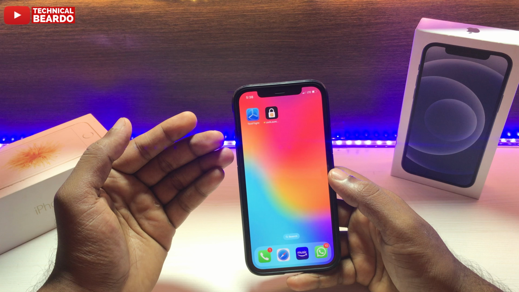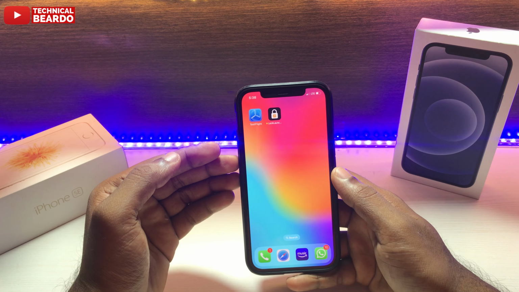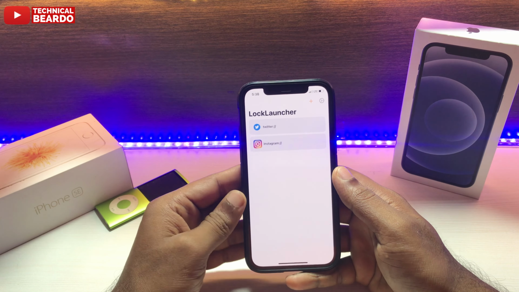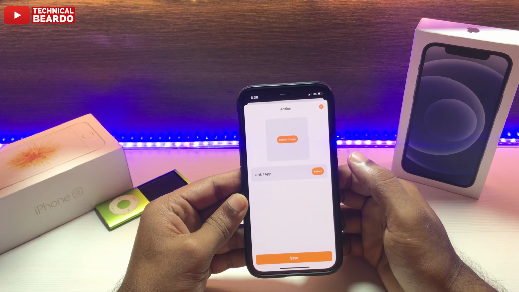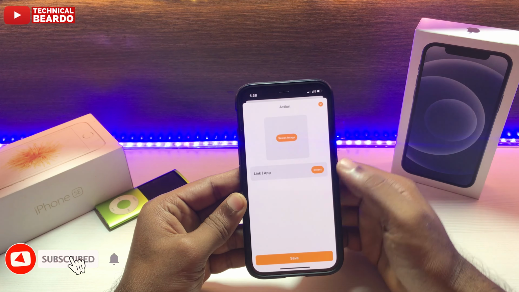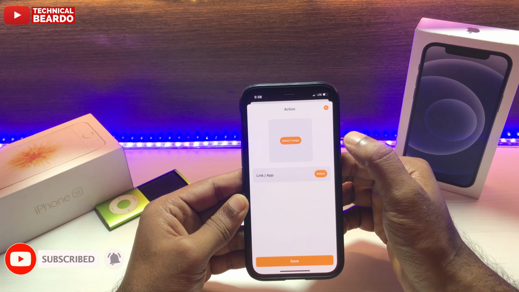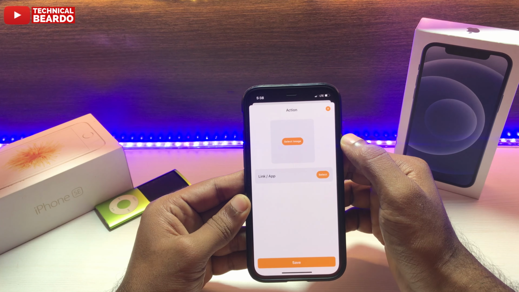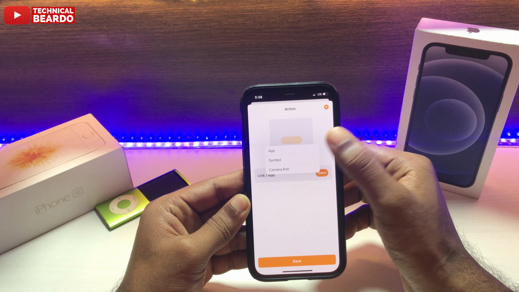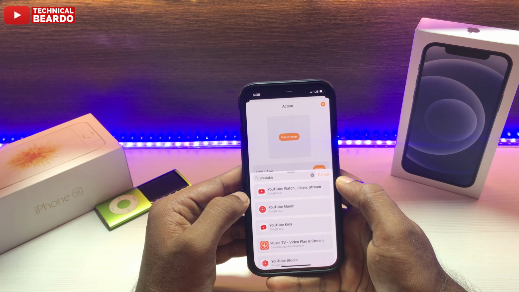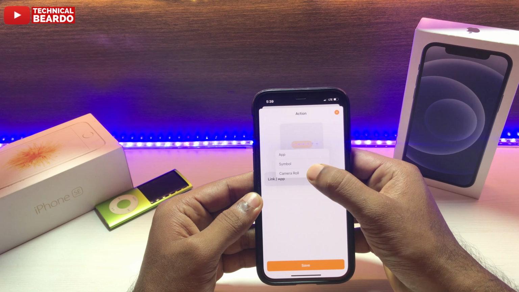Once you have the application on your iPhone, the next step starts. Open the application, and here you'll see a simple UI. At the top right corner you'll see a plus icon. Just tap on that, and you get two options. First one is to select the image, and the second is the application linking. The first one will be your icon. For that you can import images from your camera roll, like a logo or something like that, or you can use the inbuilt features of this application. You can search the logos, or you can import PNG images from your camera roll.